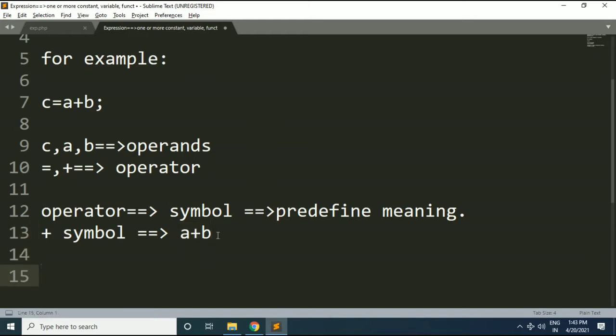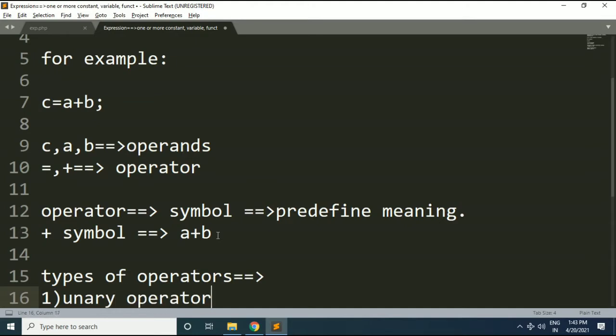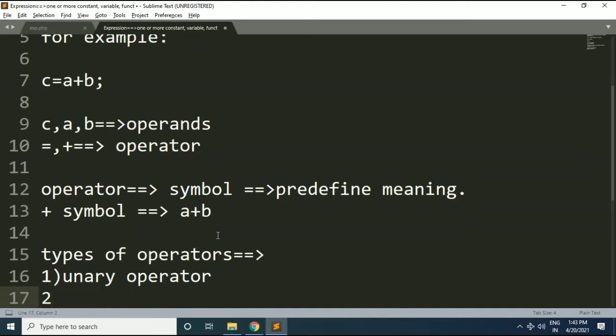So there are two types of operators. So first type is called unary operator, and second type is called binary operator.